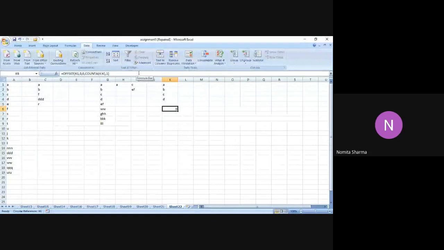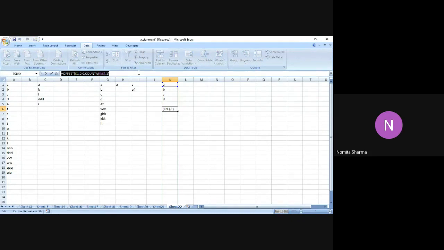And now what I'm going to do after getting that offset function, my aim is to copy this function which I've written over here. I will simply copy this function, press escape, come to this 0, and then I will simply delete this 0 because I don't want that 0 to be anywhere. Next, I will define the named range.